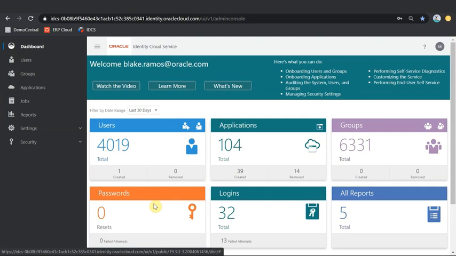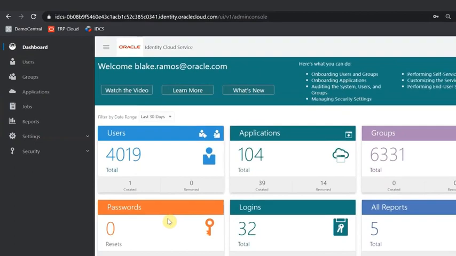Register and activate the single sign-on ERP Cloud application in IDCS. The next thing we have to do is register and activate the single sign-on ERP Cloud application in IDCS. Although we already created a provisioning application for ERP Cloud, we have to create a separate application to enable single sign-on.